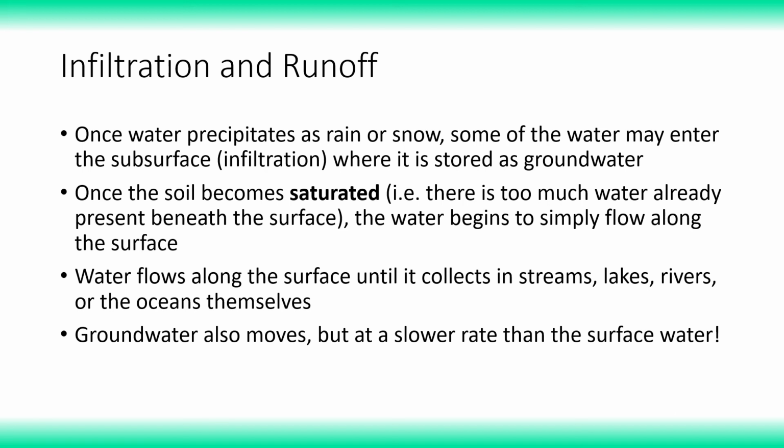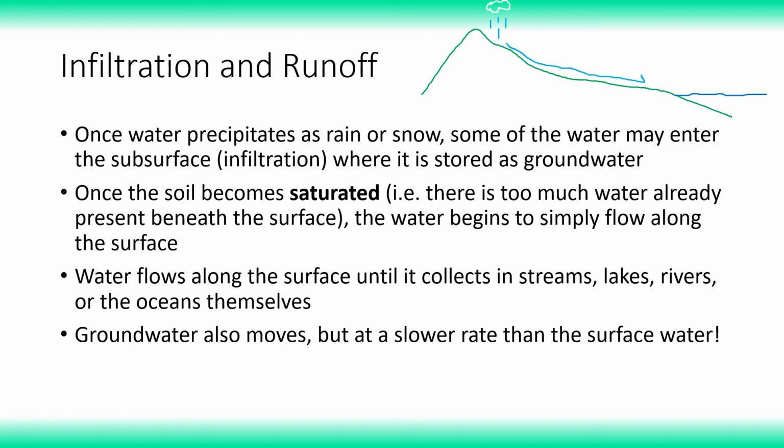So the next part is infiltration and runoff. These are the two things that tend to happen once the water has reached the surface. So let's say you've got a hill, and then it goes down here, and let's say you've got a body of water like the ocean that starts over there, and we've got a cloud, which I can draw in white as if it's in that green section there. So we've got our cloud, and let's say our cloud rains down some water onto this hill. Now the water has two paths. It can either travel along the surface